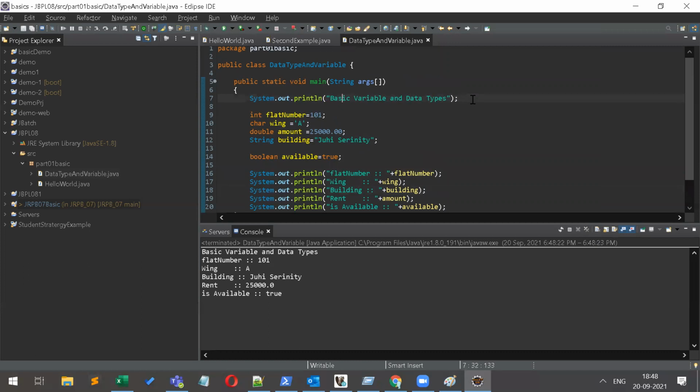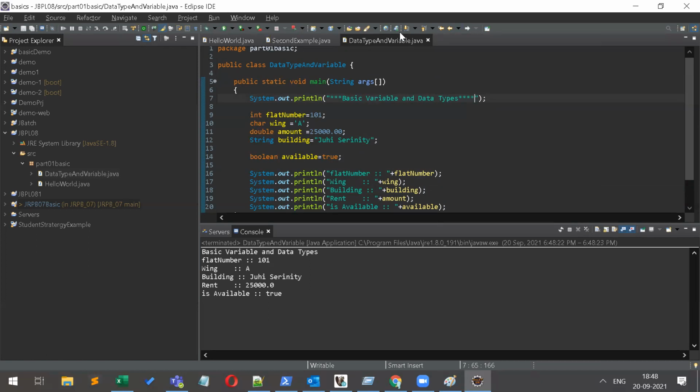Sir, why do we write String argument in the main method? We can write any other argument also. Whenever you want to get data from the console, by default it will take the value as a string. String means you can get anything, number, whatever.